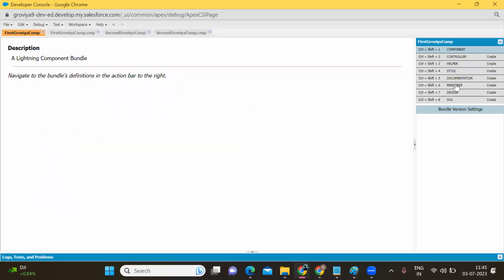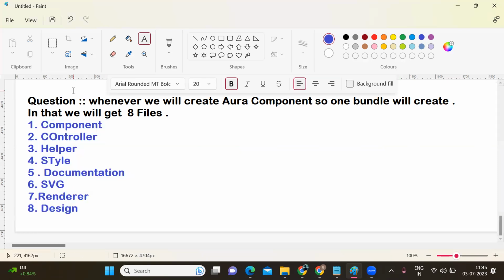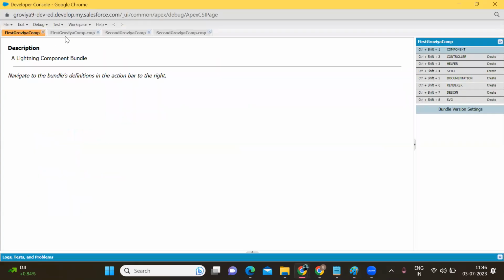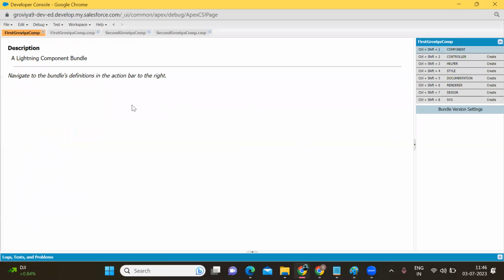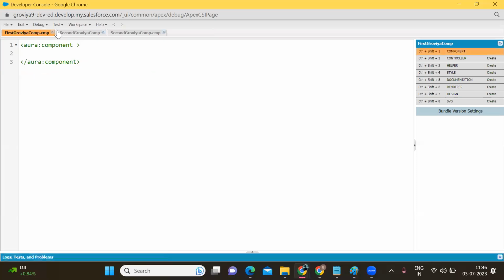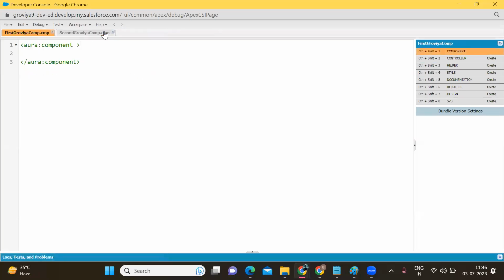SVG, design, and so on. Okay, so we will get 8 files. Whenever we create a component, one bundle is created in which we get 8 files. ठीक है, हमने फर्स्ट Aura कंपोनेंट क्रिएट किया था, तो एक बंडल क्रिएट हुआ जिसमें 8 फाइल आ रही है। सेकंड Aura कंपोनेंट क्रिएट किया, एक बंडल भी क्रिएट हुआ, 8 फाइल।